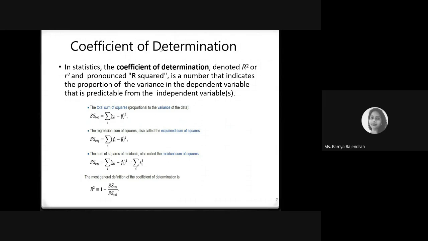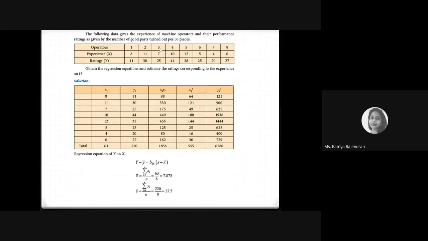Hope you have a better understanding of how to compute a linear regression equation, how to predict the dependent variable from the independent variable when it is given, and that you understood what the coefficient of determination is and how it is computed. If you've got any questions, you can ask.